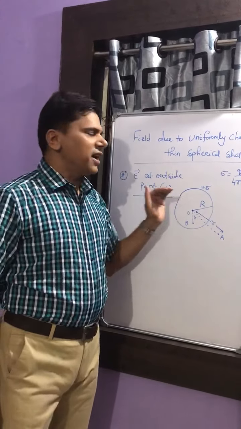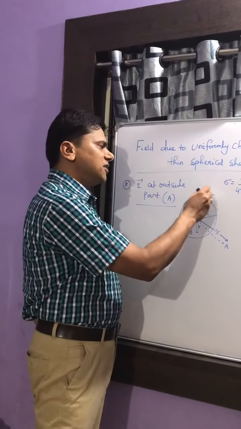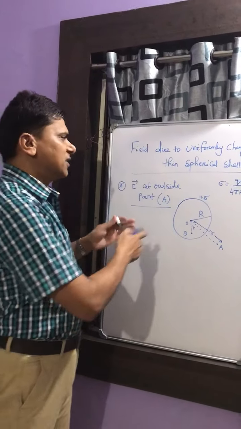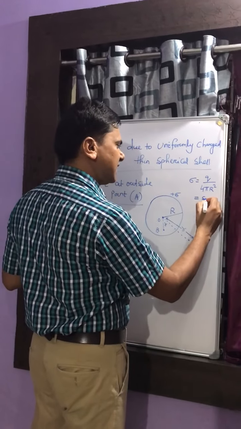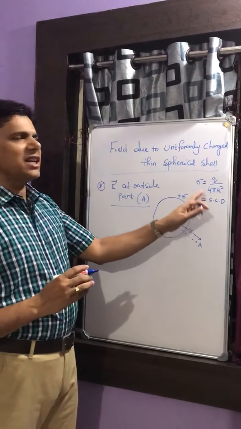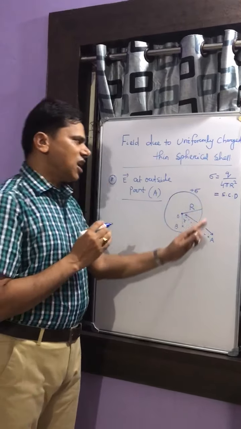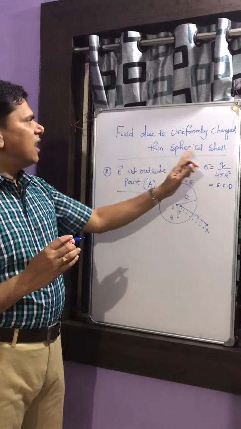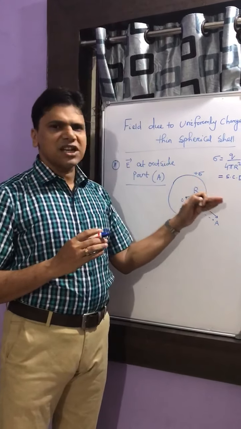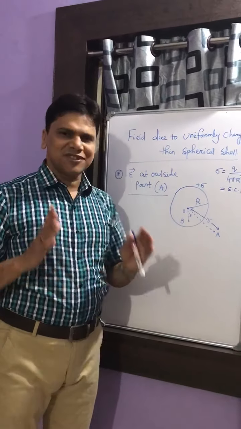Okay, so vacuum or air. So, thin spherical cell we are given, and let the charge on the surface be q and its surface charge density be sigma. Surface charge density, that is SCD, is q by 4 pi capital R square, where the radius of this sphere is capital R. So this is a charged thin spherical cell, and we are to find the electric field inside and also outside this spherical cell. To calculate this, we will take the help of Gauss law.